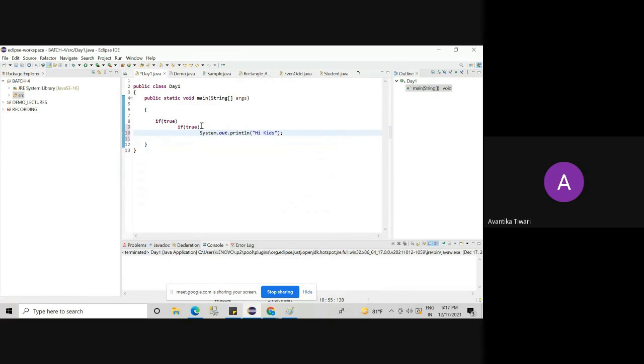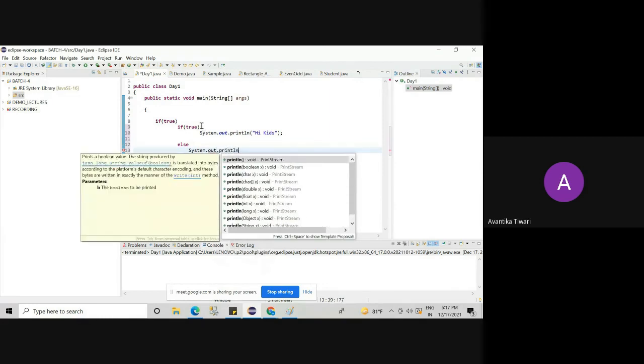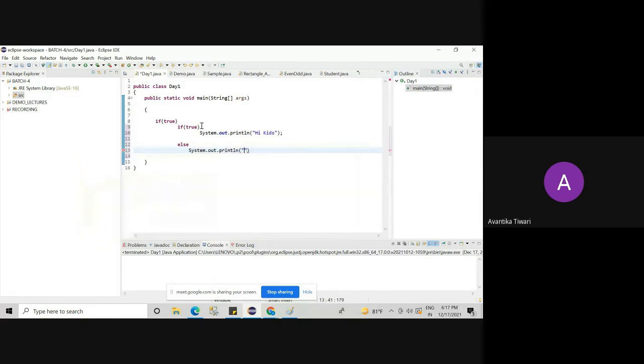And then we have else here, and again I am printing some message, System.out.println, "Hi, engineers".